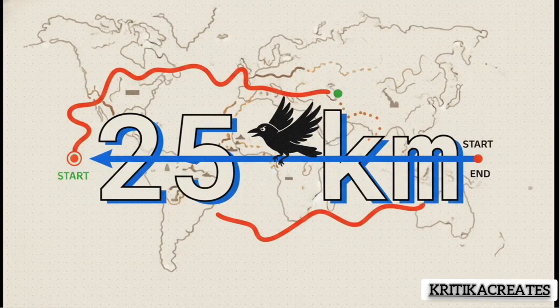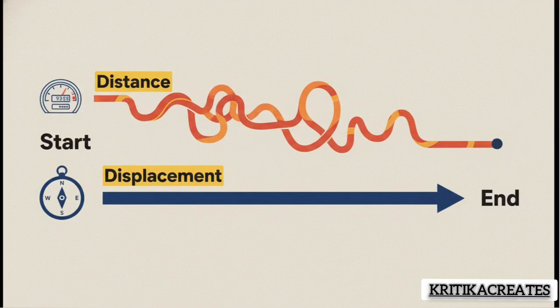But if you just pulled out a map, you'd see a totally different story. You started at the 0-kilometer mark and you ended at the 25-kilometer mark. So in a straight line, you are only 25 kilometers from where you began. We call this the displacement. It doesn't care about the scenic route. It's all about the shortest, most direct path from your start point to your end point. So here is the absolute key difference, right? Distance is just a simple number. It's just a tally of every single meter you traveled. But displacement is smarter. It doesn't just ask how far, it also asks where did you end up compared to where you started. It's got both a number and a direction.